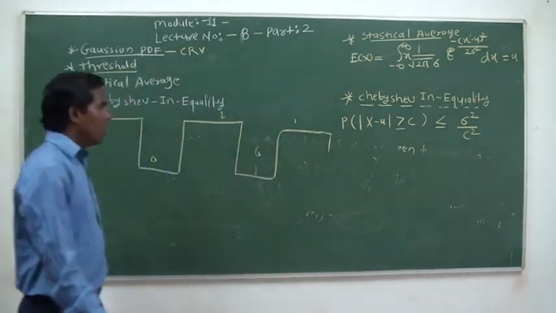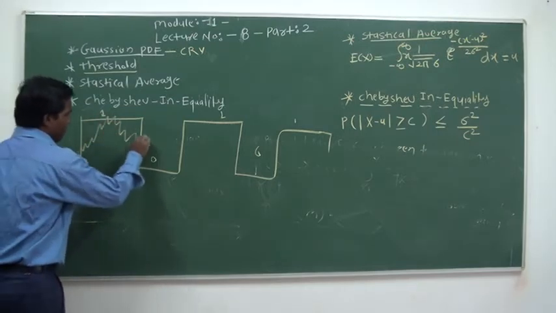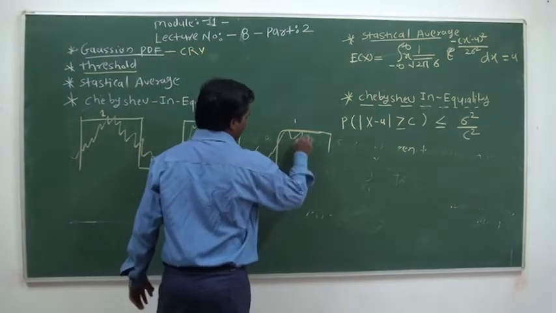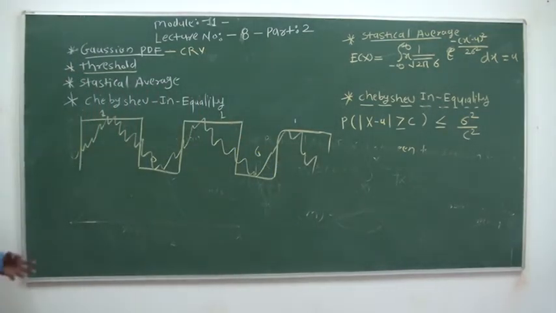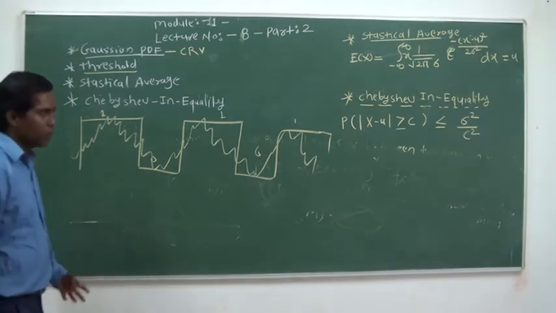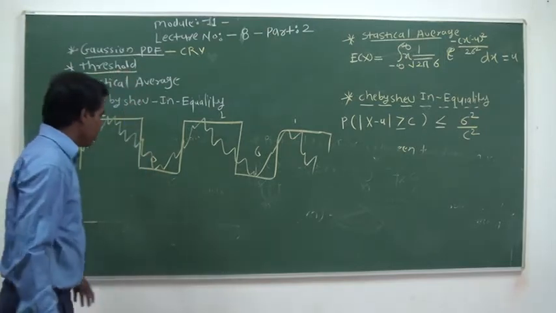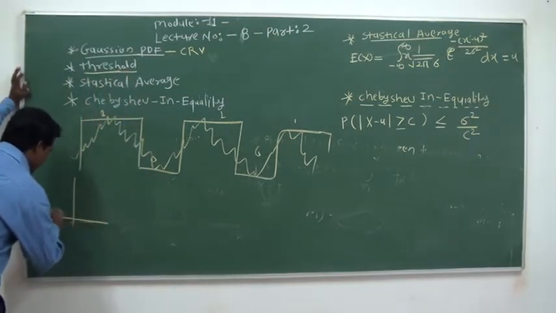So whenever noise is added at this time, what will happen? How does the detector or receiver decide which data has been received? For that purpose it uses the concept of threshold. If you observe the Gaussian medium,